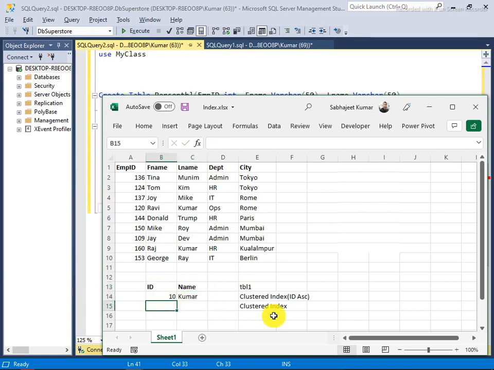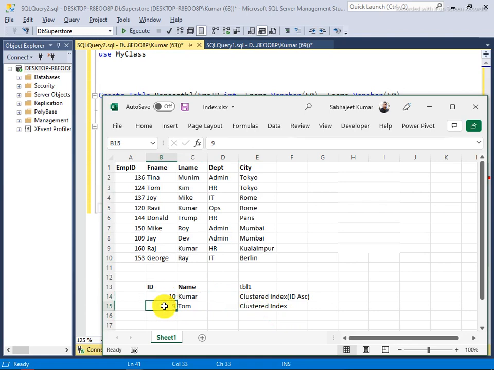Then next you want to insert 9, and again any name, like I say Tom. You will notice that as per the clustered index, it will try to maintain the order. It will check that ID has been applied as the index.